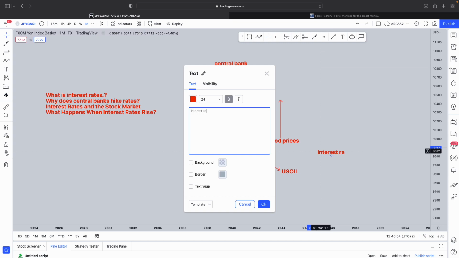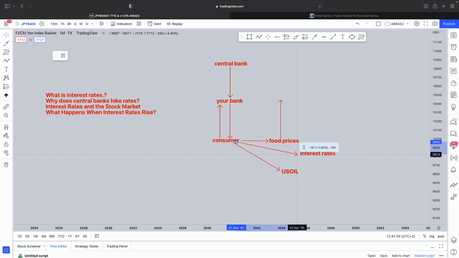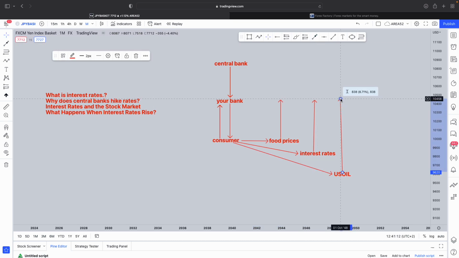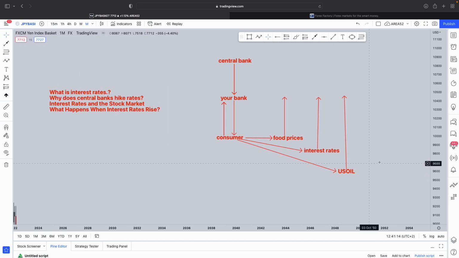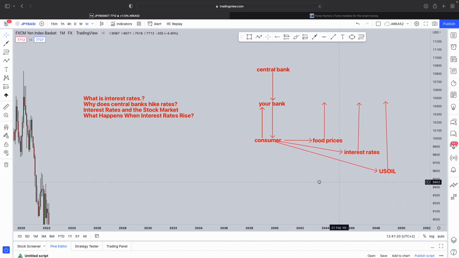So you've got interest rates on the rise as well. So you have this year that the consumer has to pay. This is on the rise. So you have that, and I'm going to put this here so that it makes a lot more sense. So you have that over there as well. This is also on the rise. And now a consumer needs to pay. Now, interest rates is made up of, you can